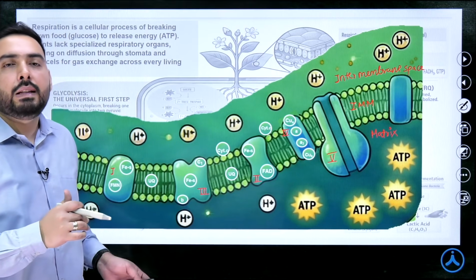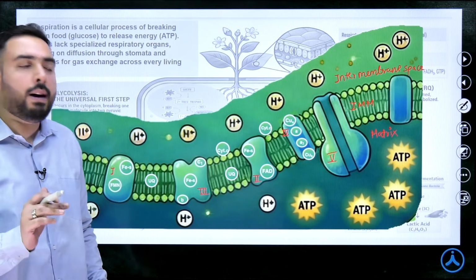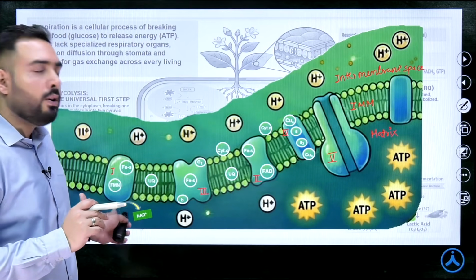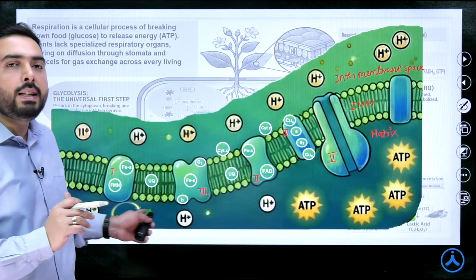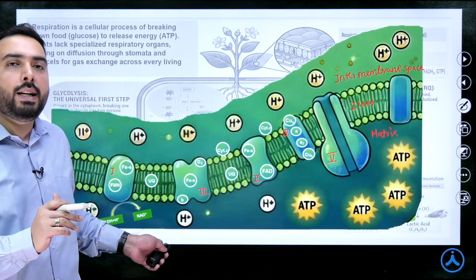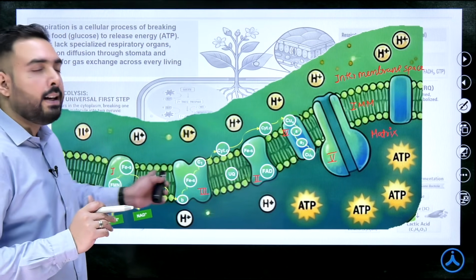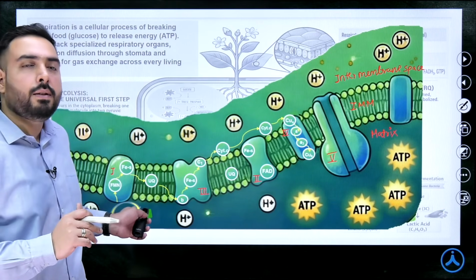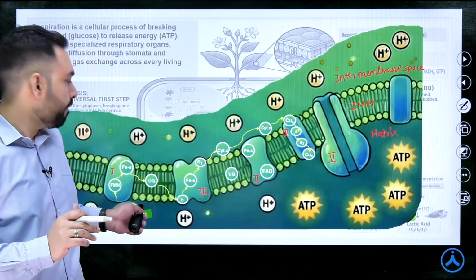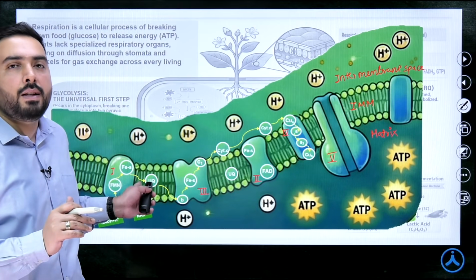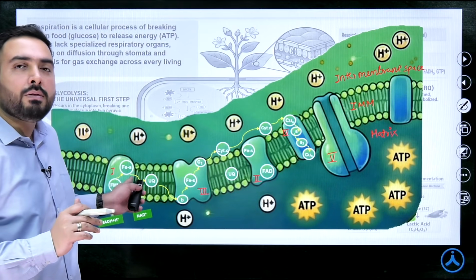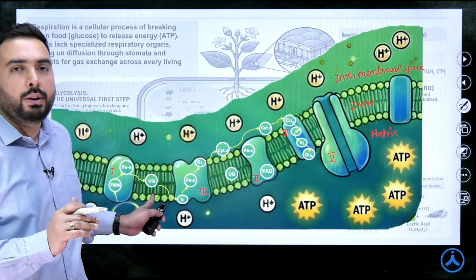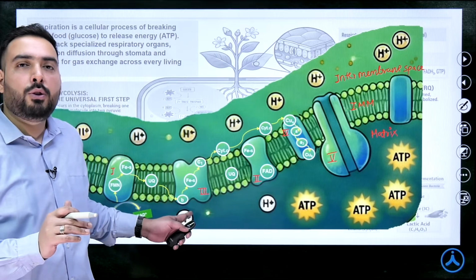The first complex is known as NADH dehydrogenase. Why is that? Because NADH, when it comes into the ETS, binds to complex number 1 and is oxidized and converted back into NAD. The electrons then travel through these components and are ultimately sent to oxygen. The first carrier is FMN, followed by FeS, which is an iron sulfur protein. Then complex 1 gives the electron to a mobile hydrogen carrier known as ubiquinone, followed by ubiquinone moving to